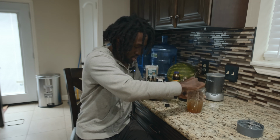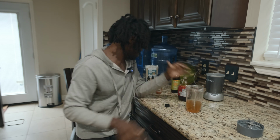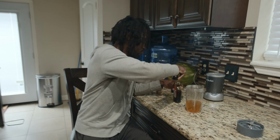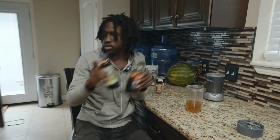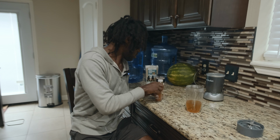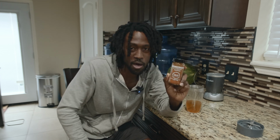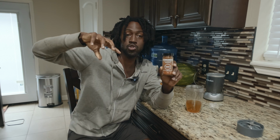So do like that. Just give it a little mix. And that's ingredient number 3, sweetener. Now, for the last ingredient, cayenne pepper. This is going to help to increase the blood flow and circulation. It is going to help to